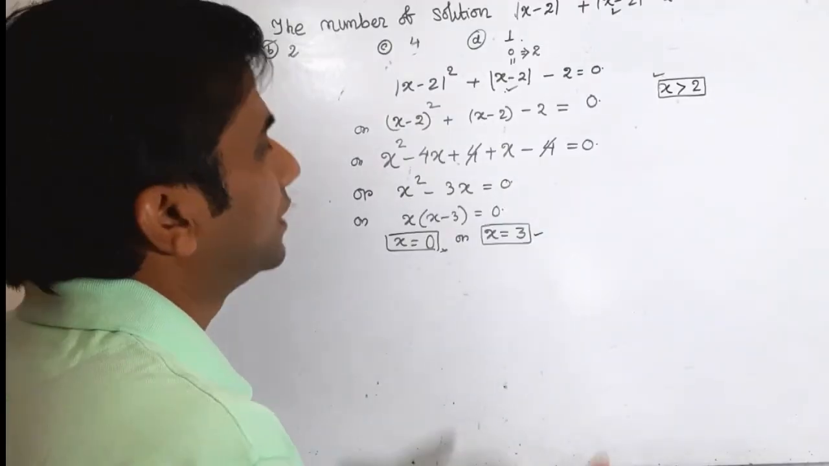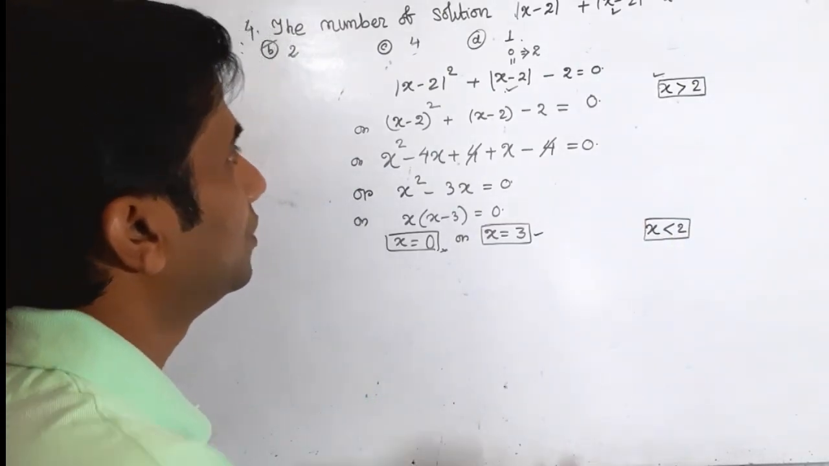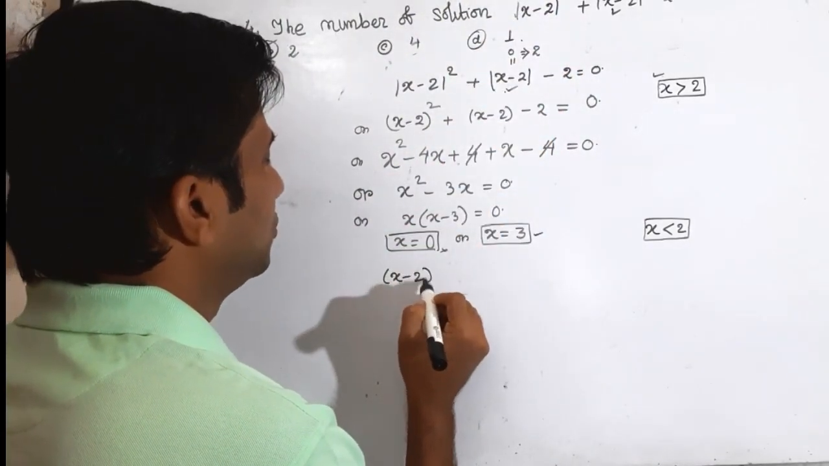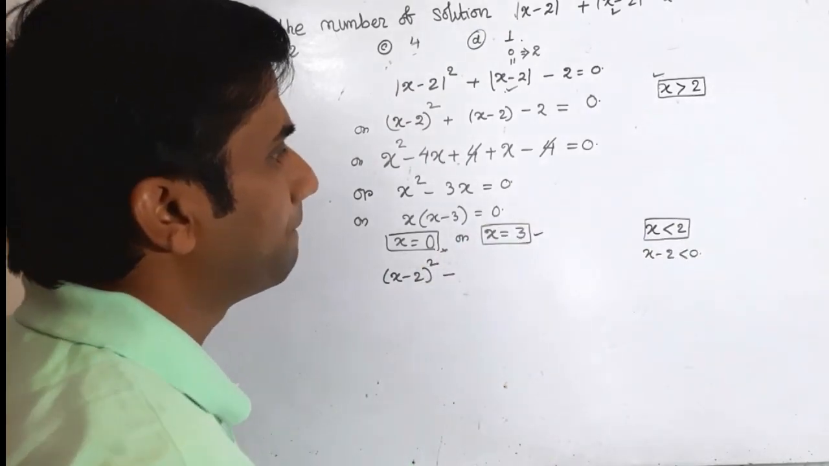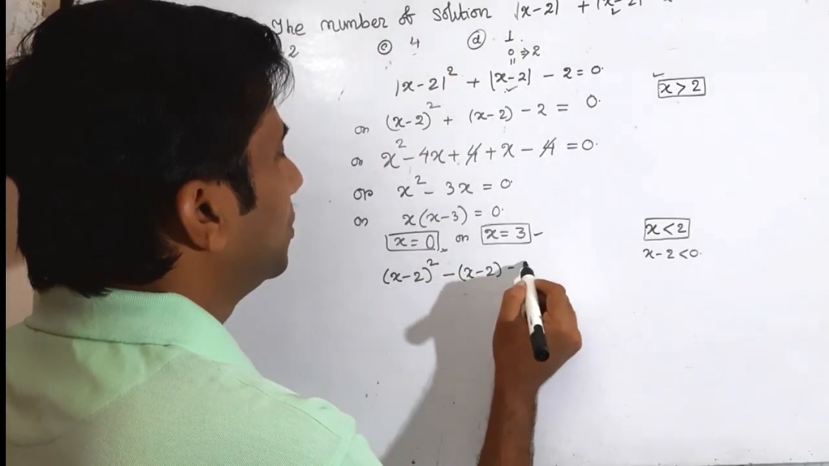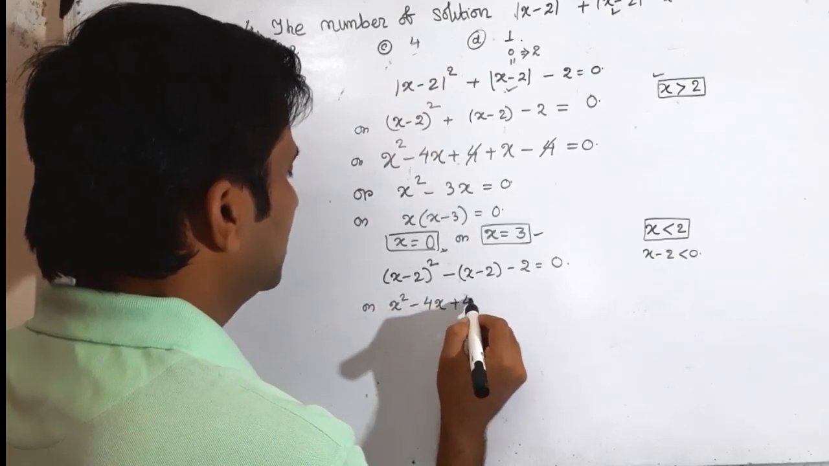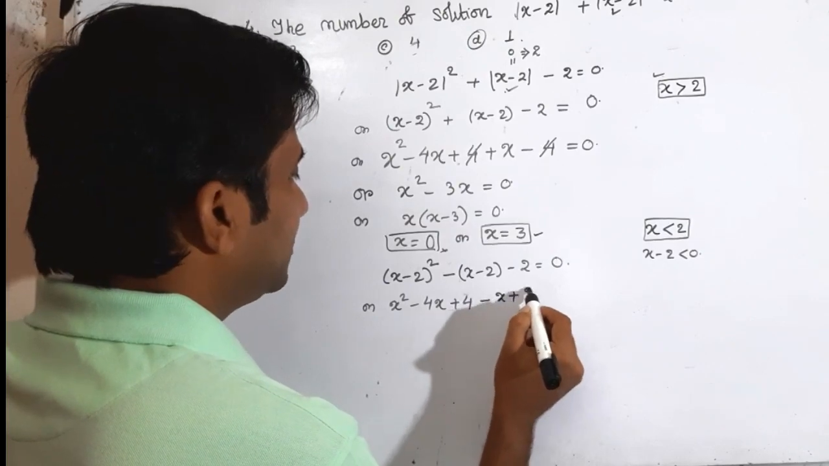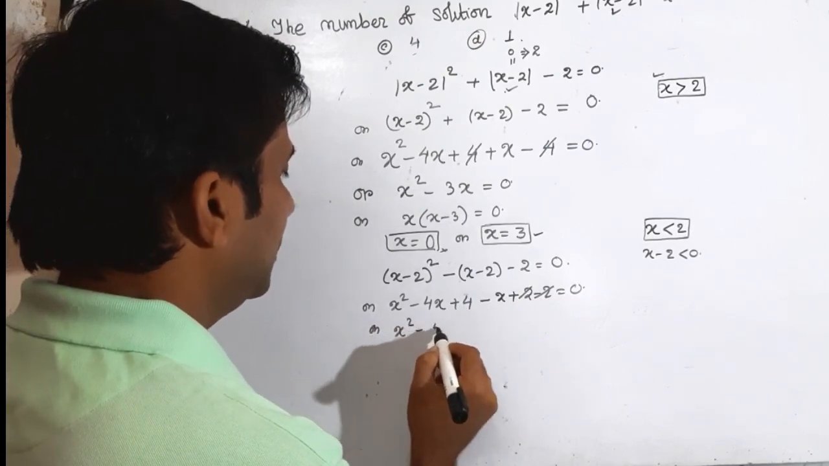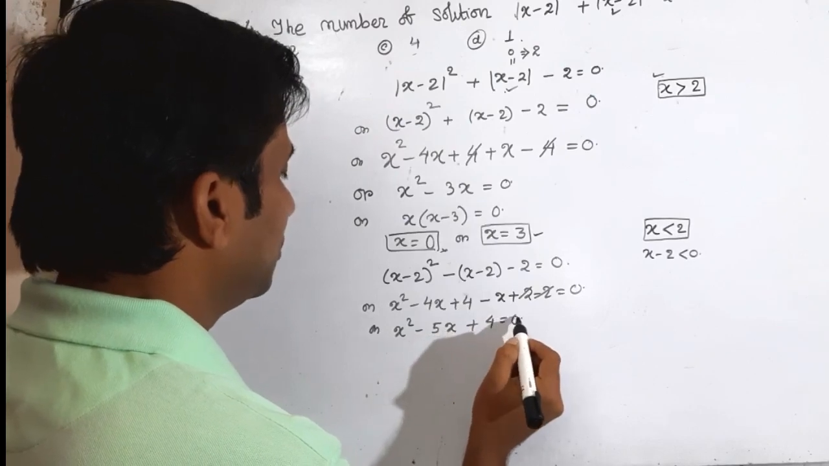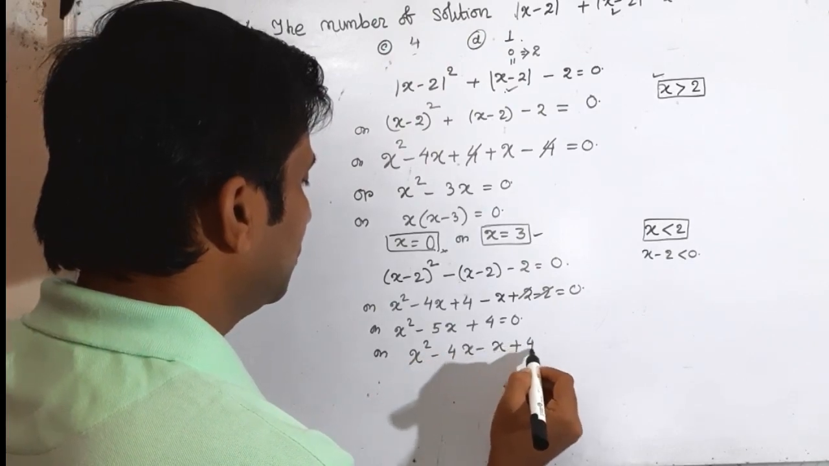So the next problem is x less than 2. If x less than 2, then mod of x minus 2 is less than 0, so it becomes x minus 2 the whole square minus x minus 2 minus 2 is equal to 0, or x square minus 4x plus 4 minus x plus 2 minus 2 is equal to 0, or x square minus 5x plus 4 is equal to 0, or x square minus 4x minus x plus 4 is equal to 0,